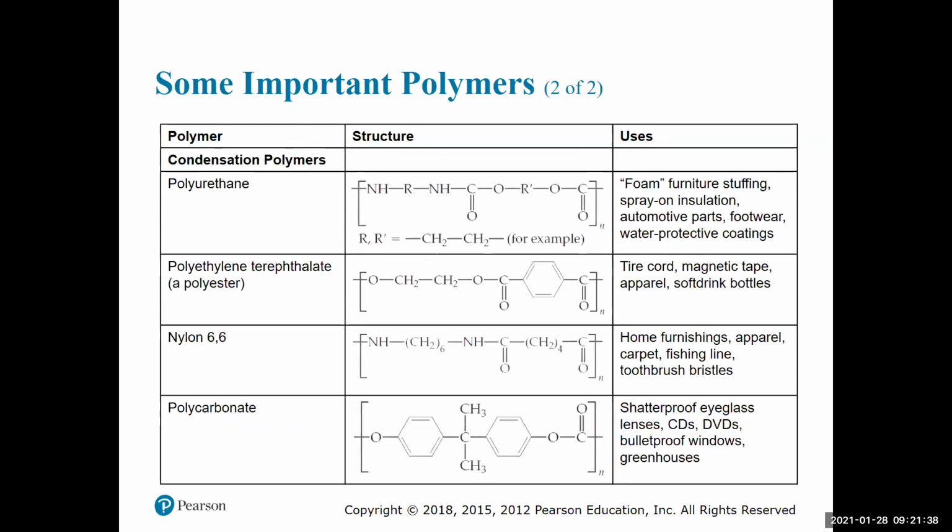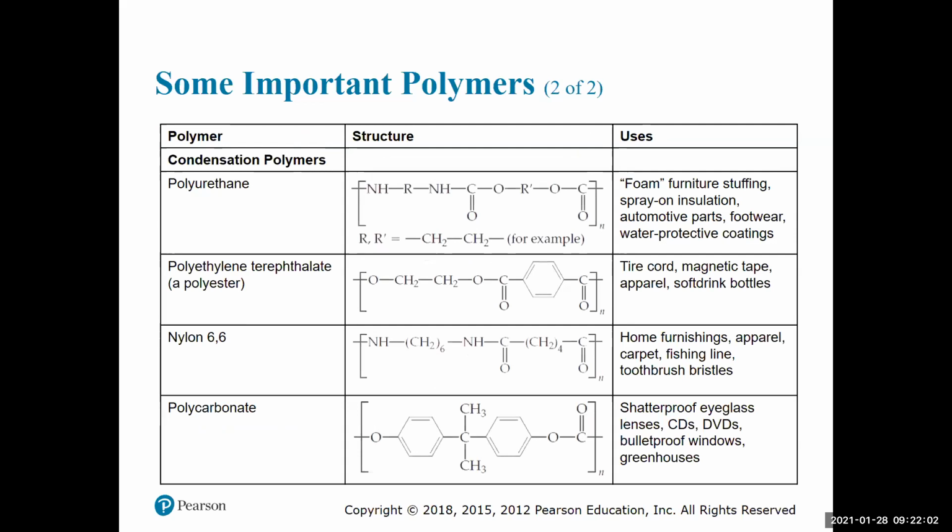And here's a continuation of this, some additional ones. So polyurethane, the top one, that's the foam stuff in your furniture. That's polyurethane. And here you can see what that polymer structure would look like. One thing I will point out, if you look on this one, you see on the left-hand side a capital